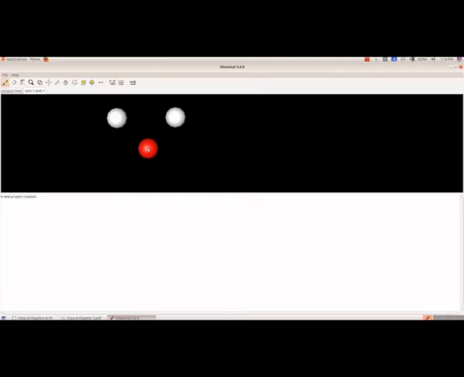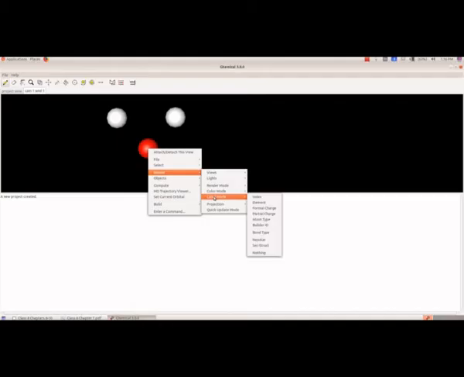And now we can give the symbol for this. So right click, render, then label mode, then you have to select element.